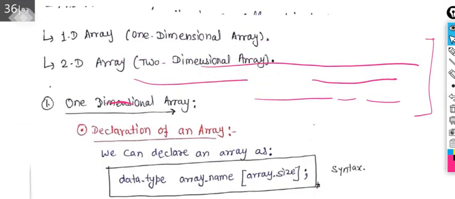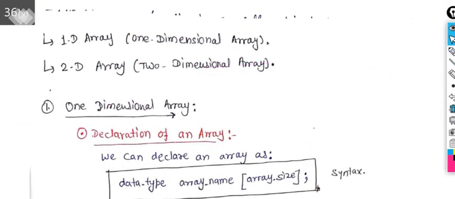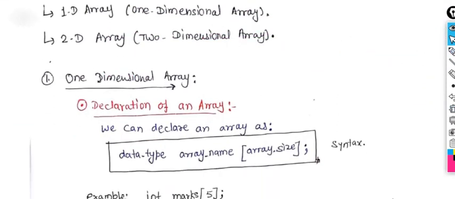Next, there are two types of array, one dimensional array and two dimensional array, that we will study. And one more thing, mark here, multi-dimensional arrays are also possible. As a beginner, to give you better clarity, I'm taking only the one dimensional array and two dimensional array. On the basis of your syllabus we will discuss the same, but multi-dimensional arrays are also possible. Keep this in your mind.